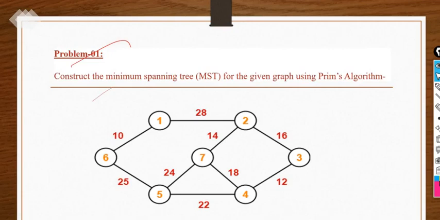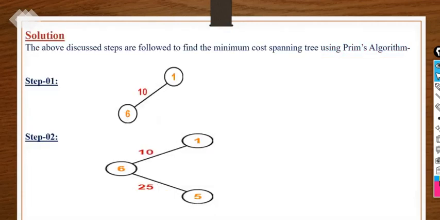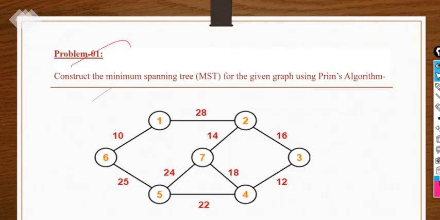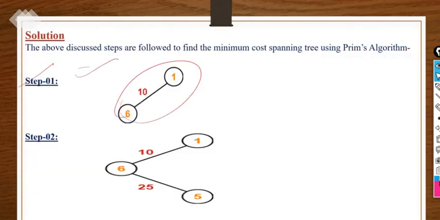So this is an example. In this example, you have to find the minimum cost spanning tree. How do we trace it out? Step 1, among all the vertices given, we have to find the minimum edge. What is the minimum edge available in this complete graph? This one is the minimum edge, between 1 and 6. So select vertices 1 and 6. Our main focus in Prim's algorithm is that we have to work on the vertices. Each and every vertex should be there, because we know in the spanning tree each and every vertex should be there, right? So 1 and 6 with the edge 10. So we have done the first step.